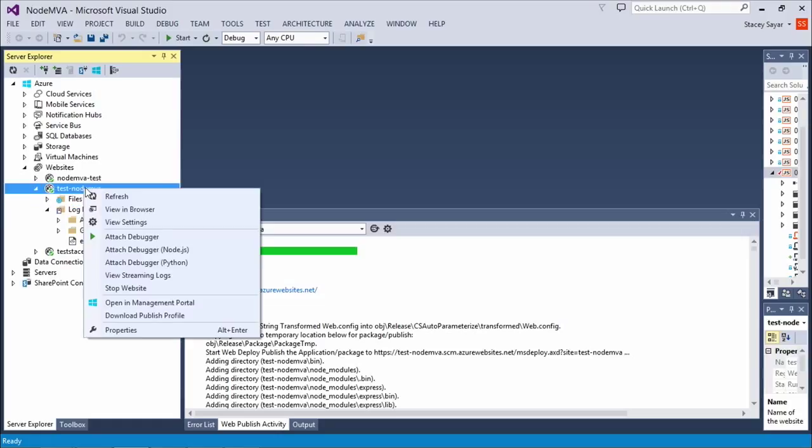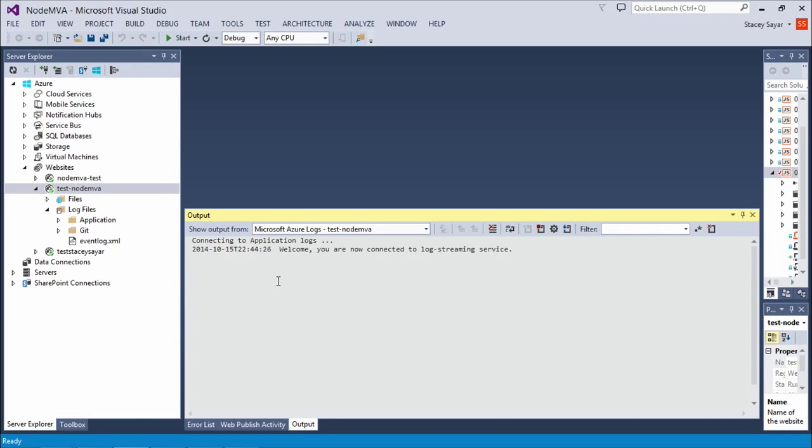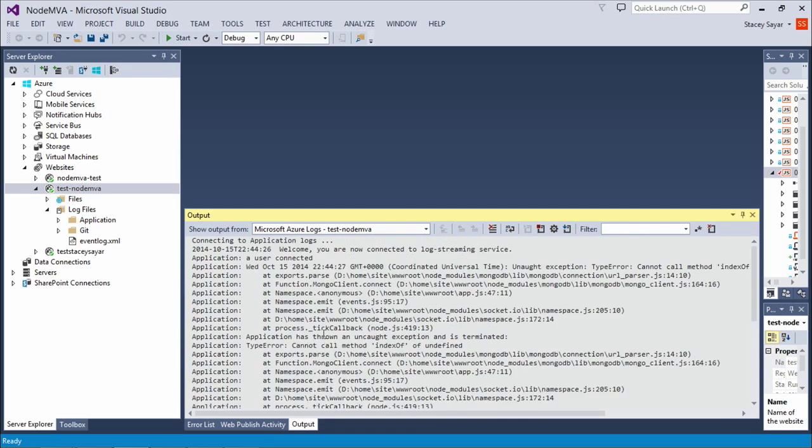The real-time option... I was waiting. I was just like, come on. Come on. Show me. Oh. So the real-time version is when you right-click on the actual website name and you go to View Streaming Logs. Now, the minute I connect, it'll take me to the last logs, and you'll notice I had a user